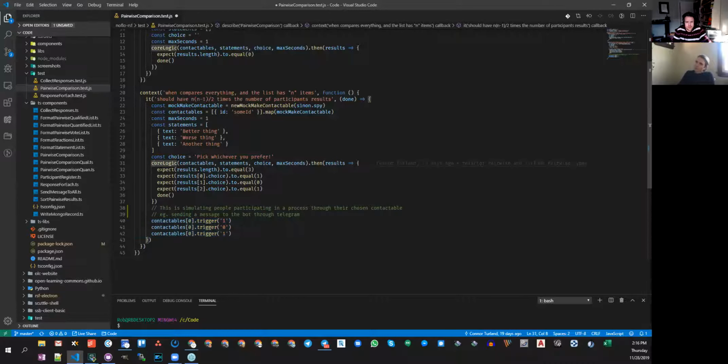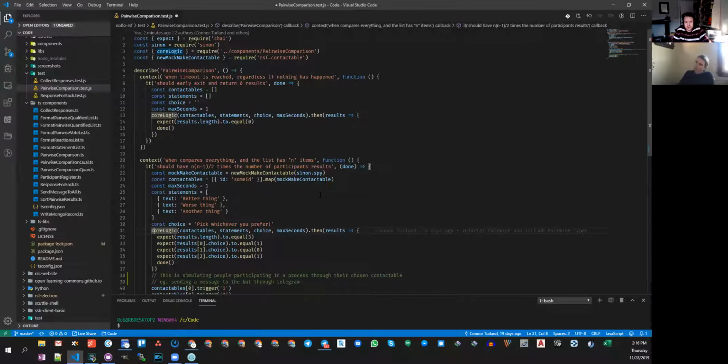Cool. Oh, and so this is core logic, it's requiring it literally from the pairwise comparison JS file, not TS file.